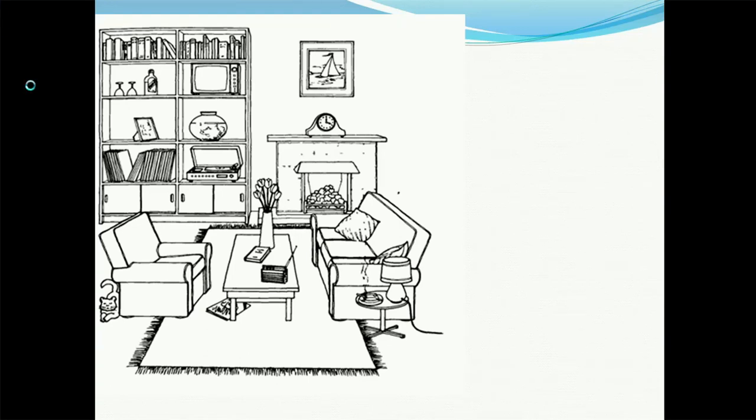See, there are so many items, so we'll just go through a few items in relation to other items. So all are nouns. The first one: the clock is on the mantelpiece. This is the clock, this is the mantelpiece, and you can see the clock is on it. Okay, the painting is above the fireplace.